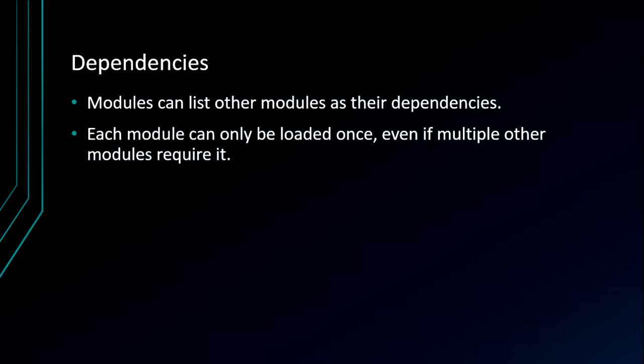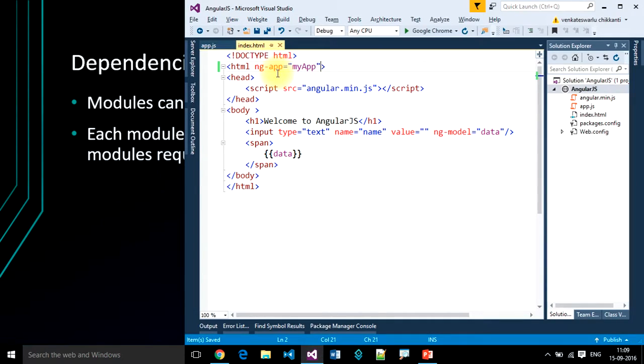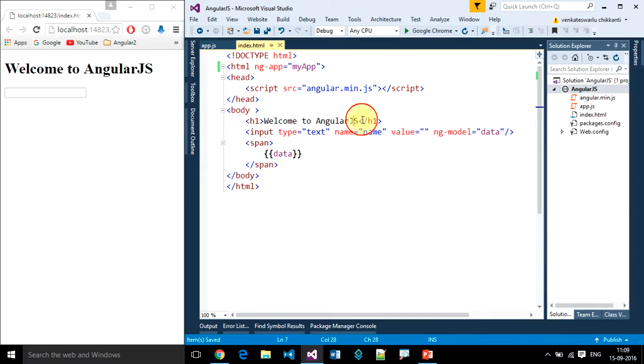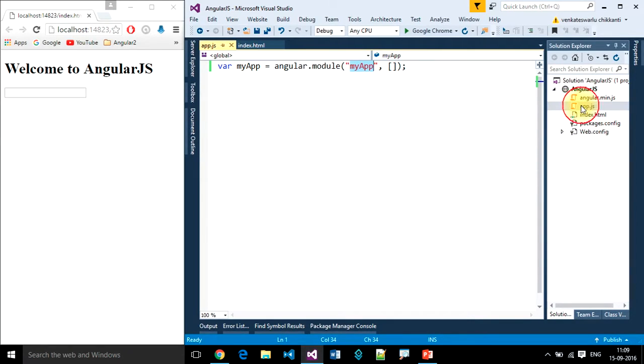Okay, let's look at how to pass dependencies to our module. This is our module, the place where we can pass dependencies.